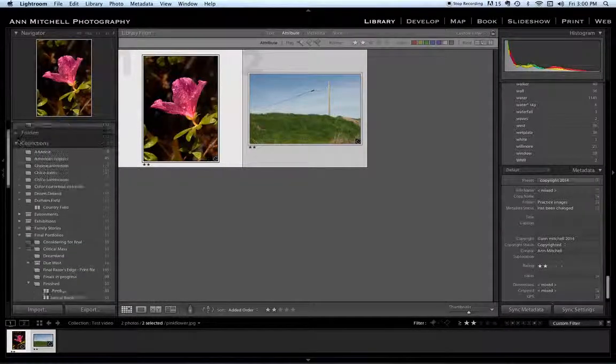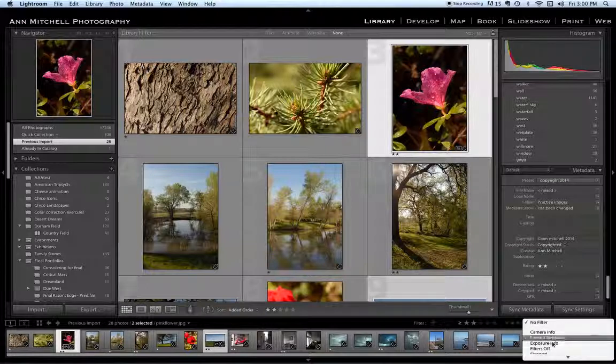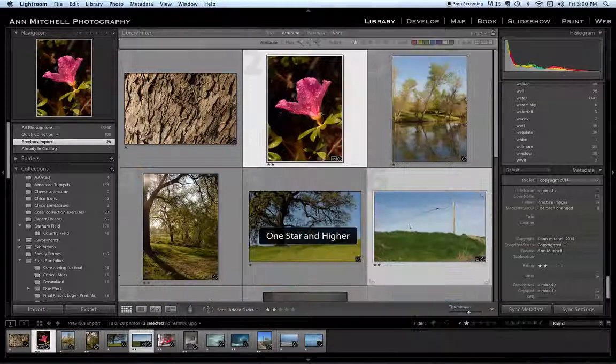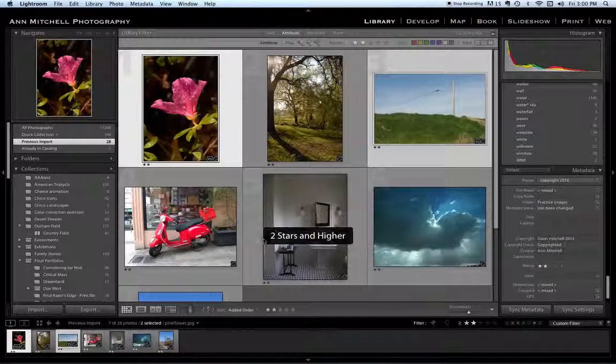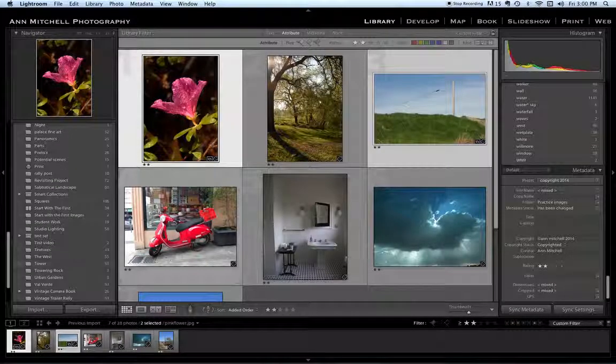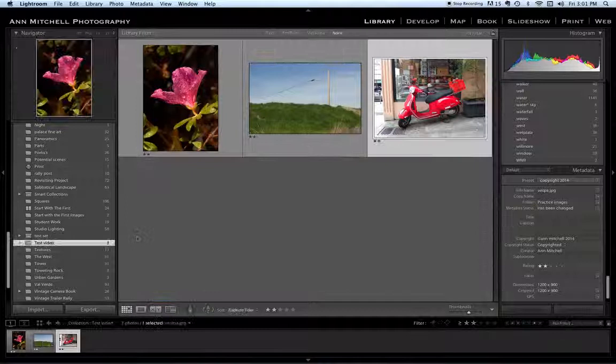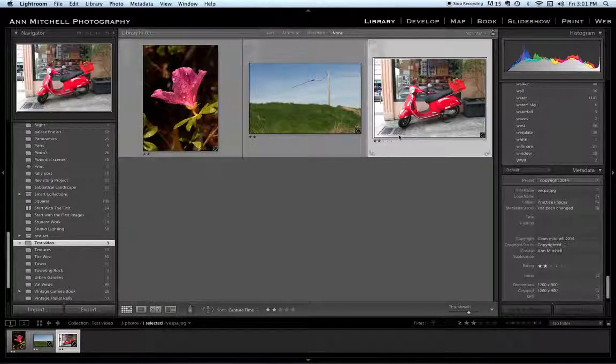I can then go back to my previous import. It brings up those original images. I'm going to filter for rated, gets me back to where I was. And let's say I want to add an image to a collection. To add an image, one little trick that you need to do is when you select the image, draw or drag from the center, not the outside. So I'm dragging, and there's my test, let go, and now this image is included in that collection.